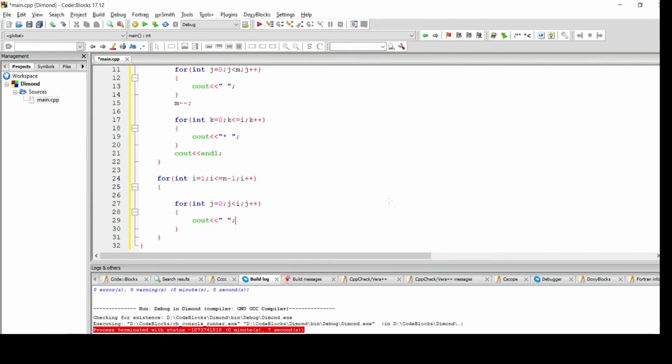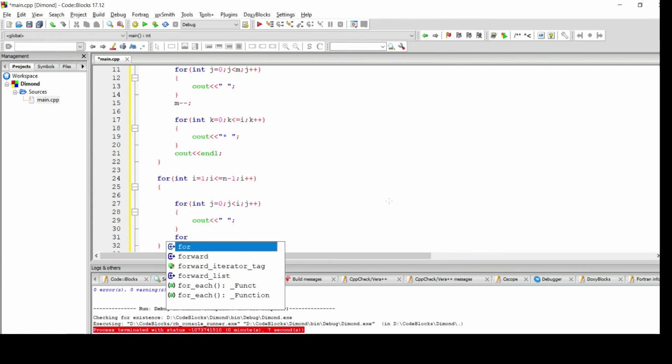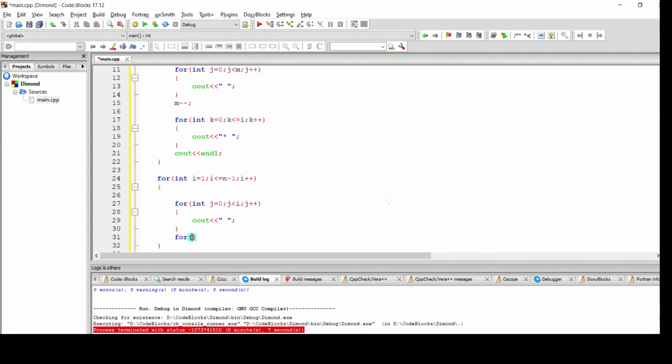These spaces I have written, and for the character I will take one more for loop that I will initiate as k, but this is the inverse pyramid, that's why I am decrementing the for loop now. So initiate with the last value of the input, that means n, but with the subtraction of i, that means the current row.